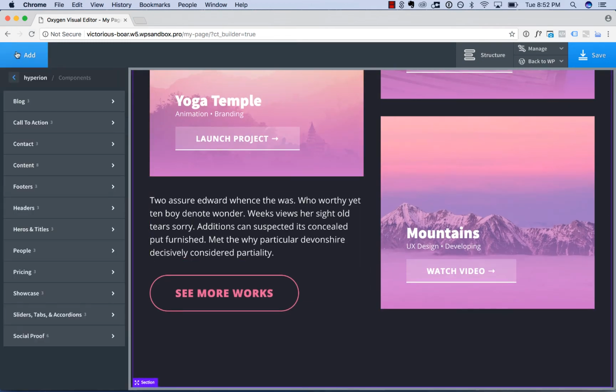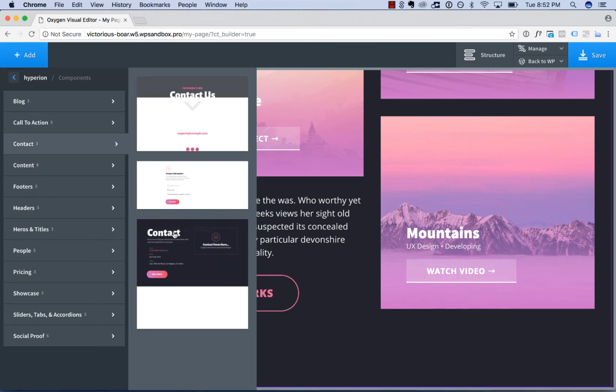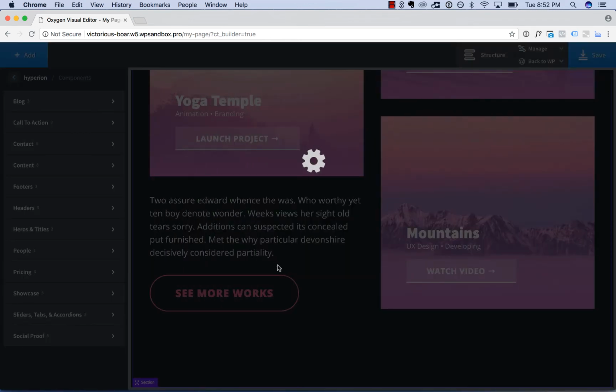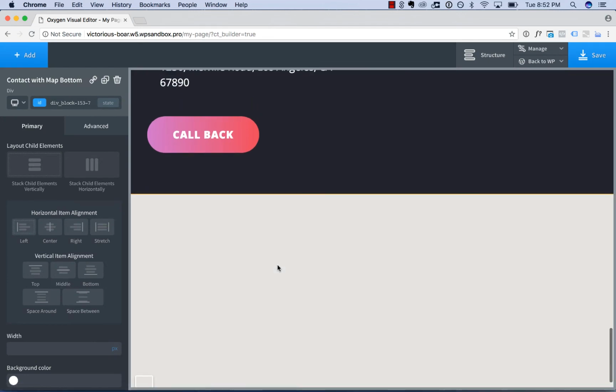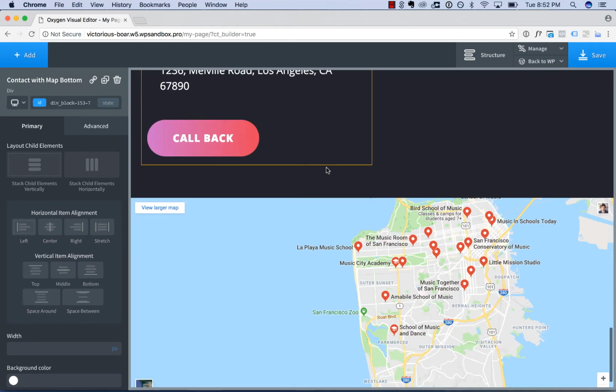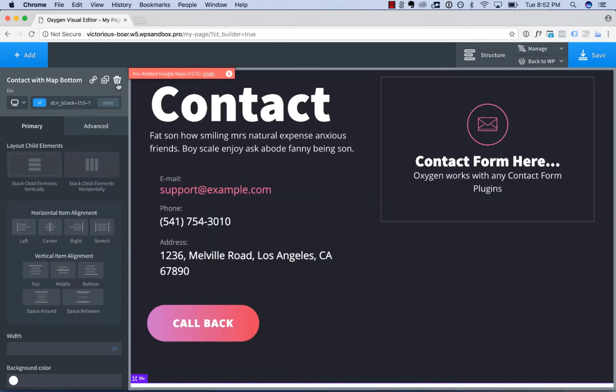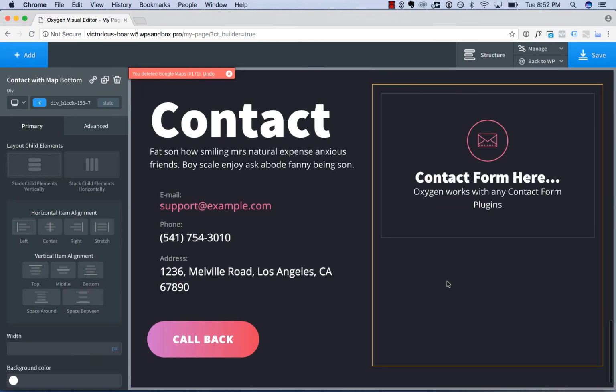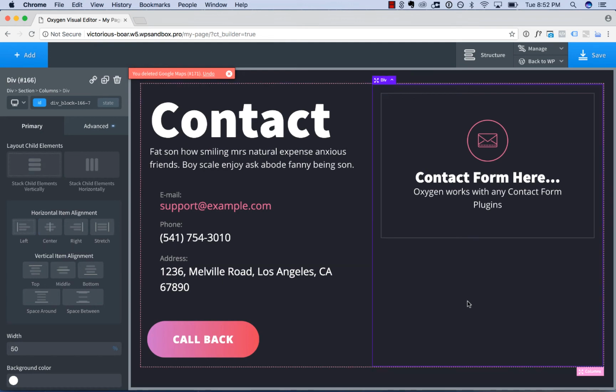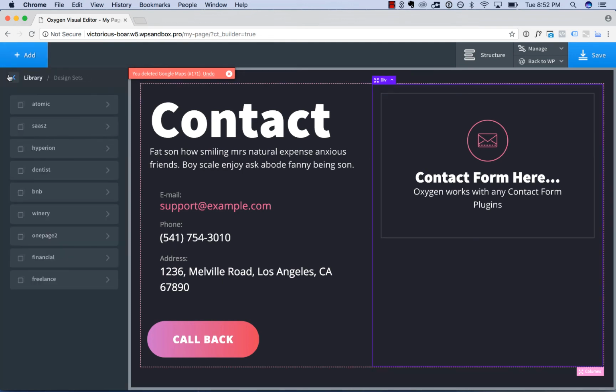and then let's just add in a contact area. So go contact, add this in, and I don't really like this map down here, so I'm just going to click that and delete it. And let's say I wanted to put a map where I was. I just go to, let's say, this column here and go add